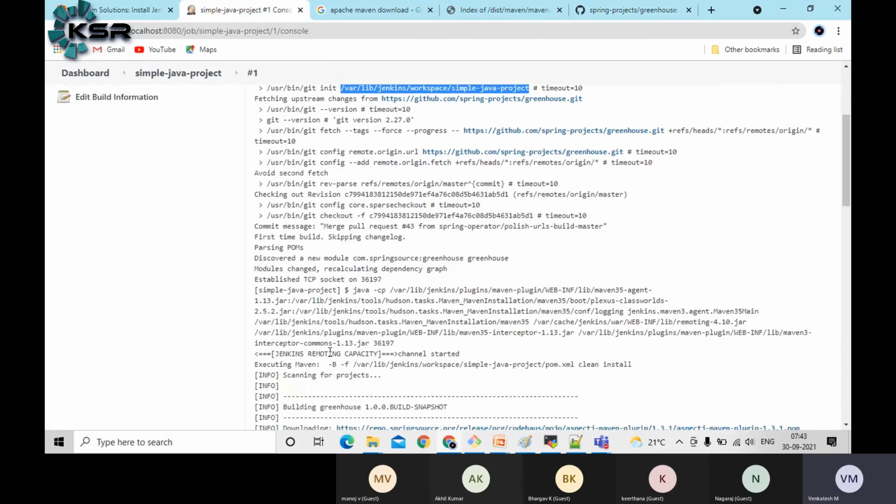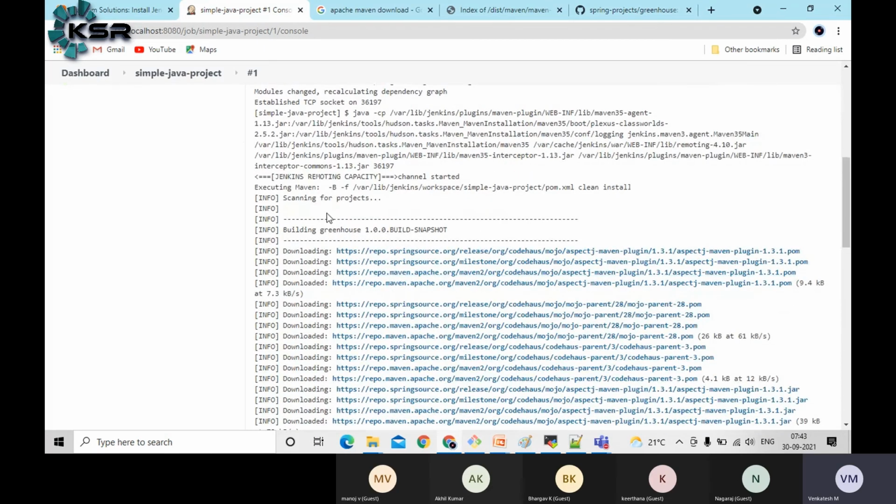Then what it will do is try to invoke Maven, guys. So here, if you see one more option, executing Maven, and this is the pom.xml, this is the path, and then clean and install. If you remember correctly, these two goals I have given in the Maven section. That's how first it will delete any path data, and then it will try to install. That means the cleaning section. This part I will thoroughly cover during our Maven session.